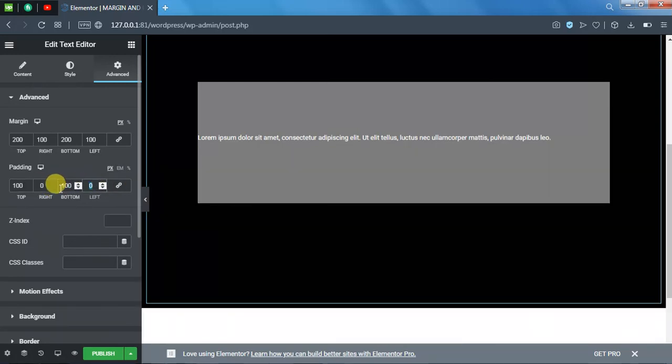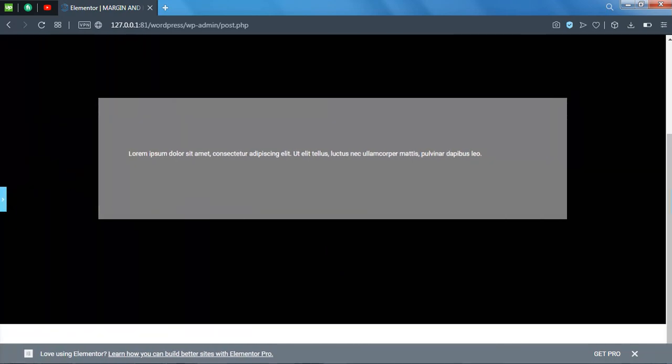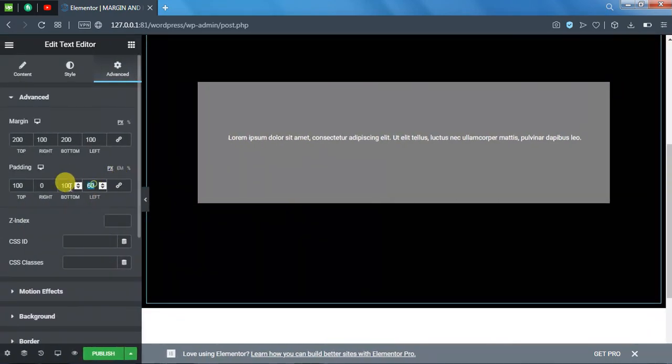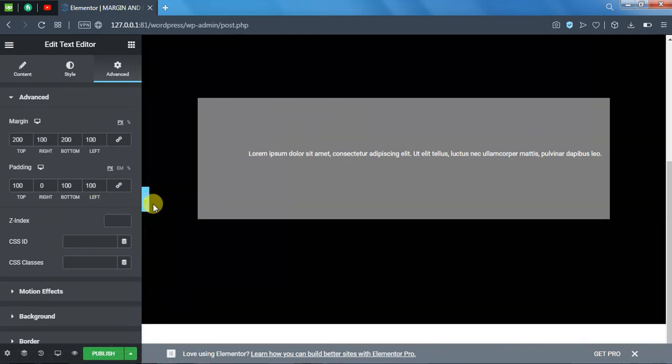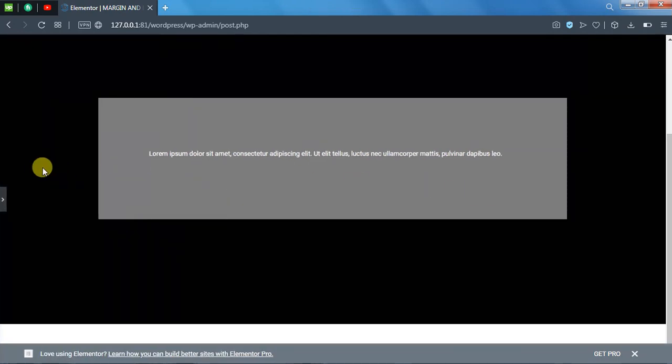Left, no, 50 is better. Somehow 60, let's see. No, this will be 100, right? Yeah, this is looking okay now. And what I'm going to do next is create